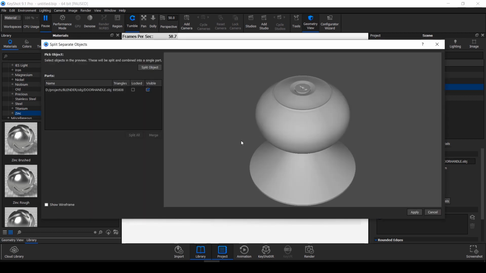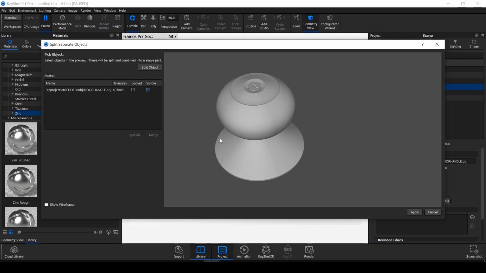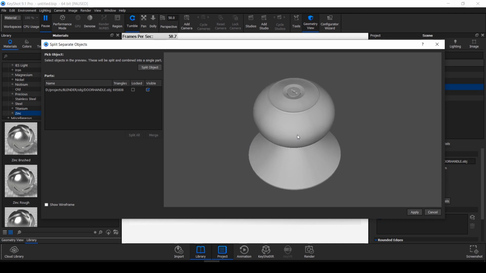After all the calculations are done by KeyShot, a new window will pop out, which is known as Geometry Editor. In this window, we can select different objects and split them into two or more.